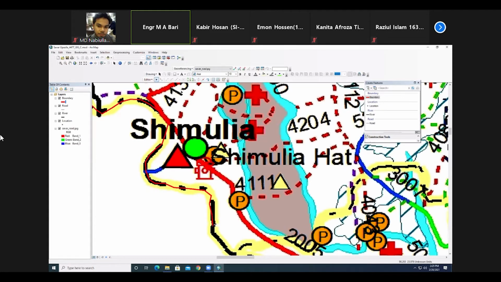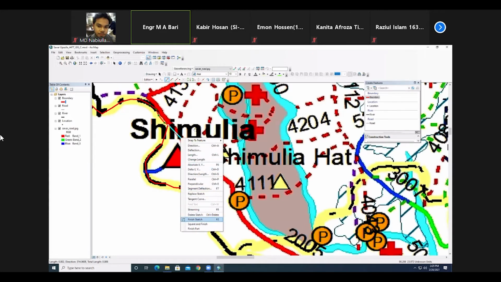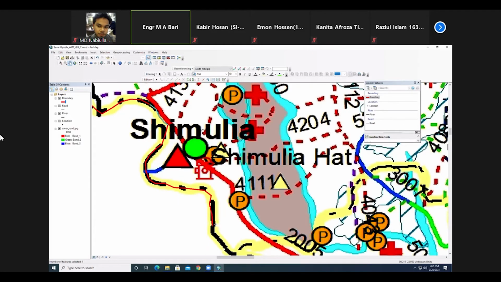Again, you need to split it. With my mouse cursor, I'm just deleting this portion. I will show you, please don't worry about this method. I will give you the time. What I am doing, you need to understand first. Finish this step. Again, I am going down. I will give you the time.